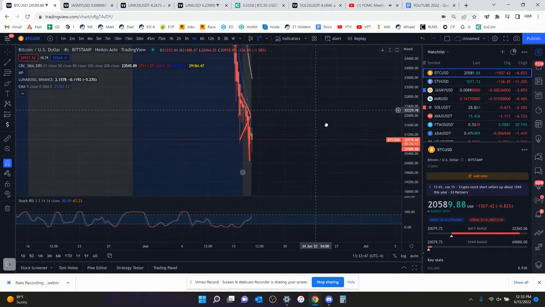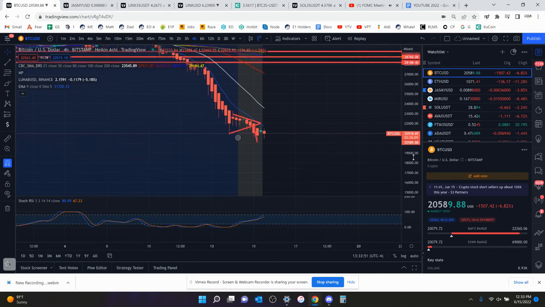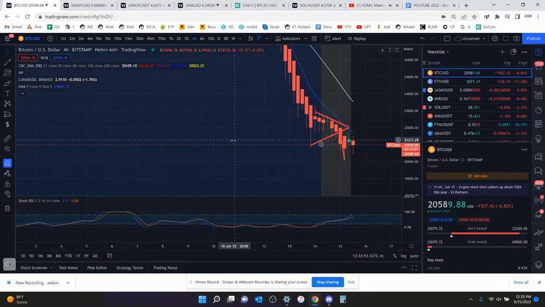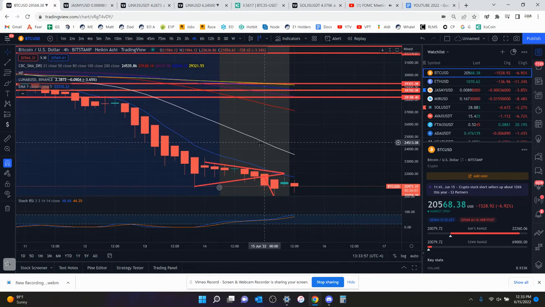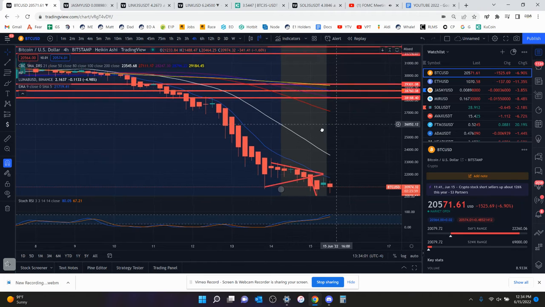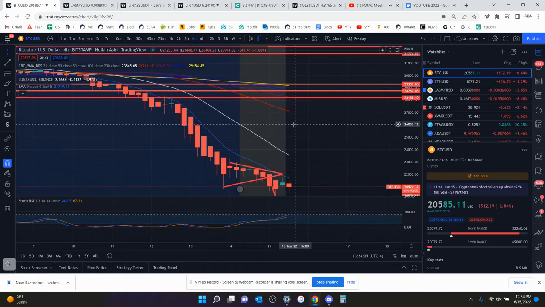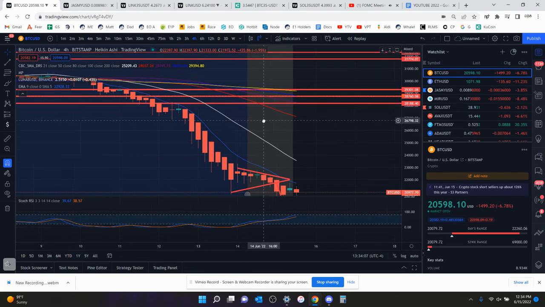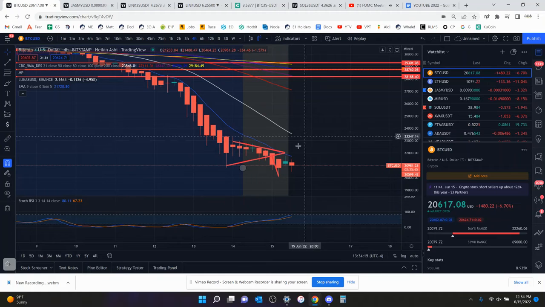The other problem is, I've said this on multiple videos, I just said it in my last one too, that if you go to the 4 hour chart, you have not broken a previous high. So if you haven't broken a previous high, by the time the RSI is overbought on the 4 hour or 1 hour, that's bearish. It can be bearish on any time frame if you don't break a previous high and you're overbought on that time frame. But when I look at a big time frame like the 4 hour or even the 1 hour, that's bearish. I mean, I will say this: we are in a massive downturn.